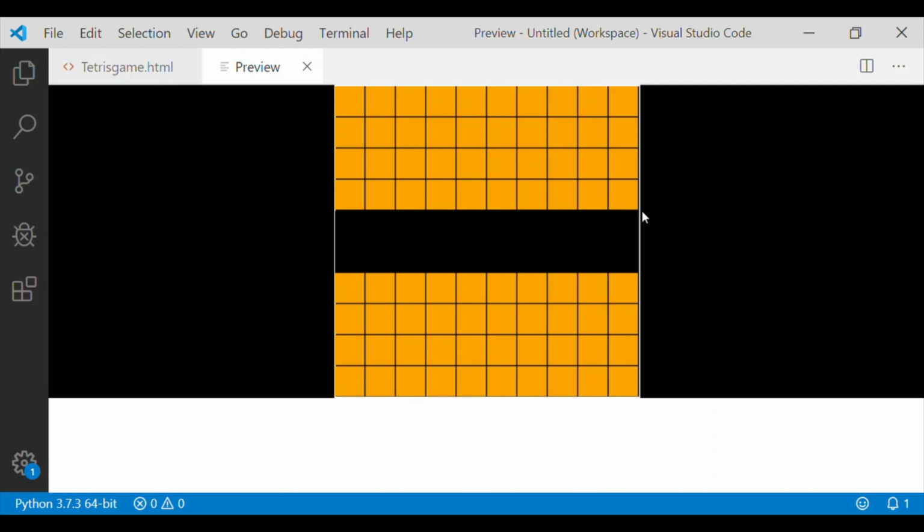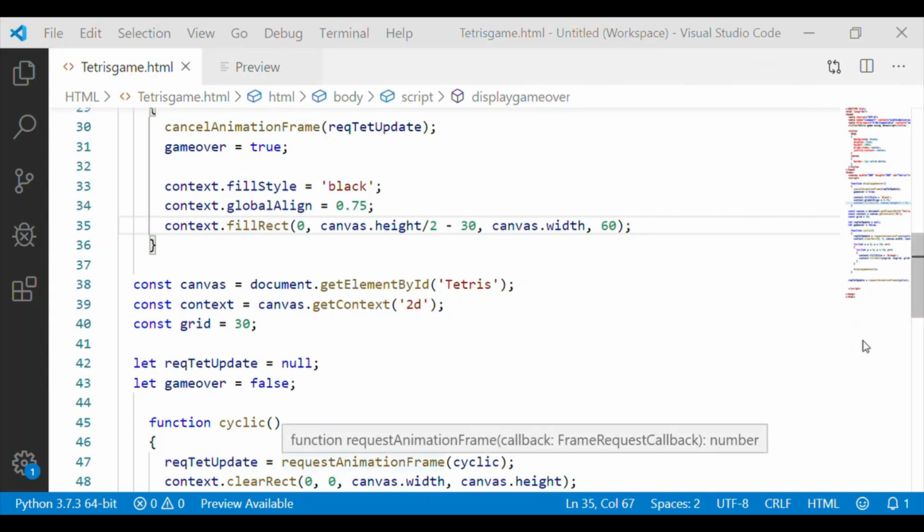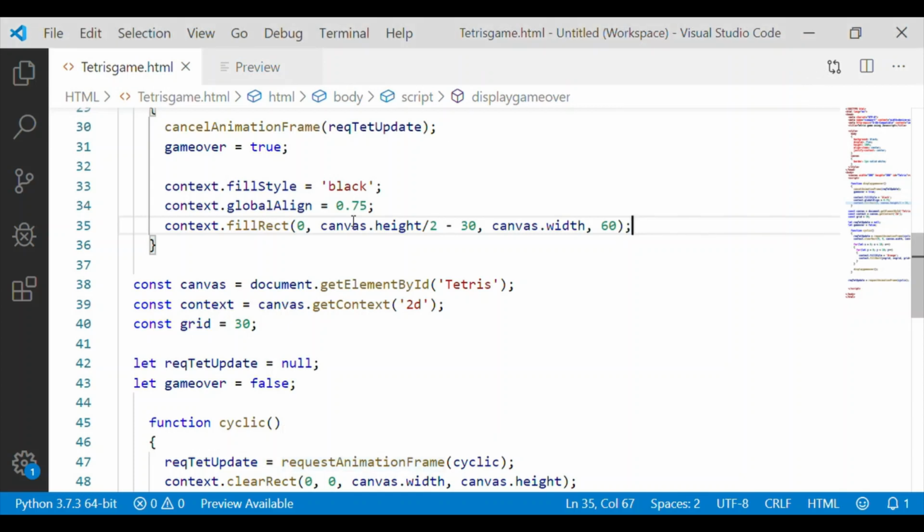Okay, our frame is for 2 rows at the center, but it is complete black rather than being transparent. The black should be transparent, then only we can see the blocks that are behind the screen when we give game over display.